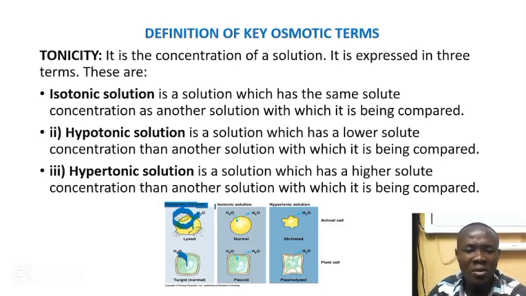And also let's talk about isotonic. If you place an animal cell or a plant cell in isotonic solution, what will happen? It will just be normal because the amount of water that will be moving out will be equal to the amount of water that is coming in. And also in the plant cell, the amount of water that will be going out will be equal to the amount of water that is coming in. Let's talk about